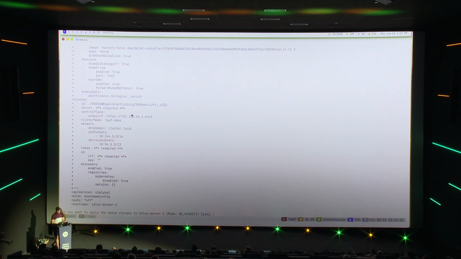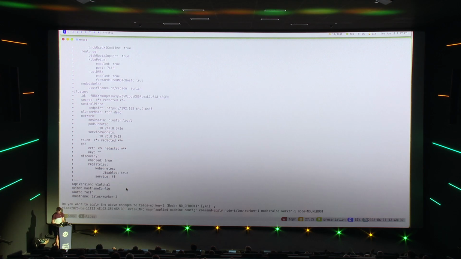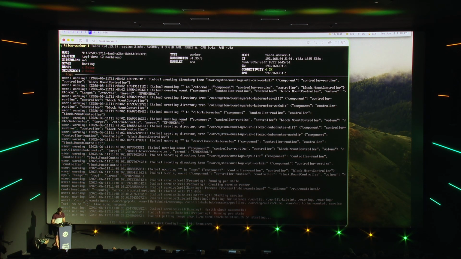Again, it prompts me for the changes that are going to happen on that node. We see it's going to be called Talos worker 1, so let's just apply that one. We can then check on the node itself what's happening. We see pulling image, GHCR, IO, CDO Labs kubelet. So it's pulling the kubelet image for